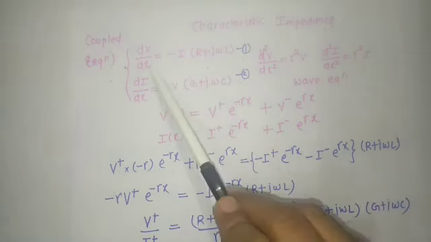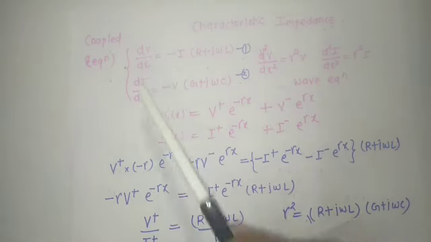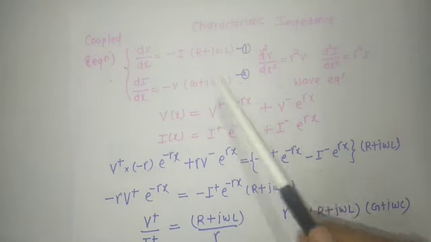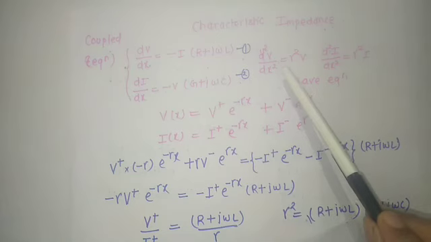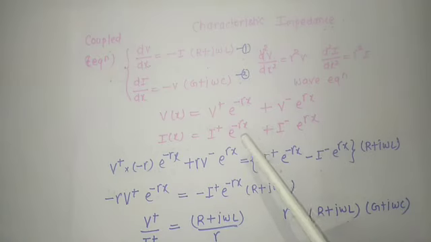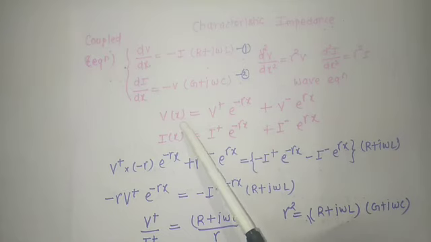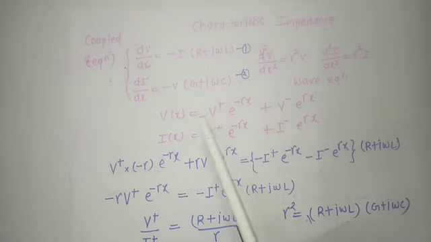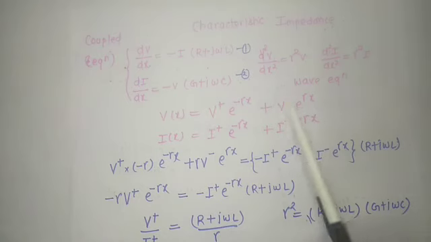If we differentiate this equation, then it will become d2v over dx square, and here it will be di by dx. From these two equations we have derived the wave equation for voltage and current, and we also got the solution of these two equations. What is the voltage wave? Voltage is a function of x, meaning if we change the location along the x direction in the transmission line, then voltage will change, and it is the sum of the forward wave as well as the backward wave.